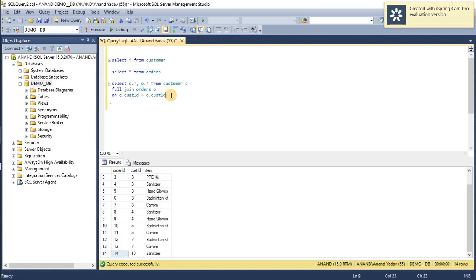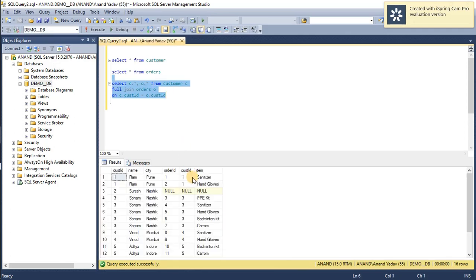So in the full outer join, when we fire this query, we can see that 1 2 3 4 5 6 7, all records, are present there. So let's talk about this null. This means the record with customer ID equal to 2 is there in the left table.